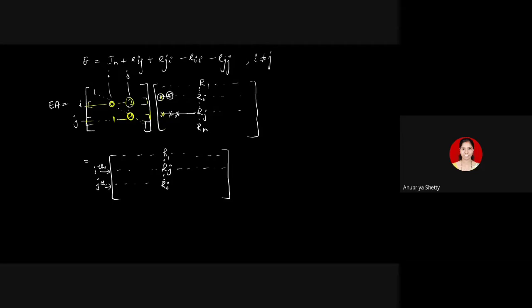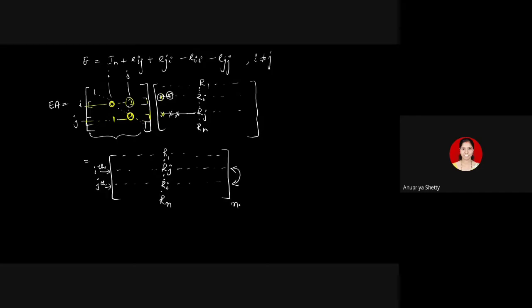And rest all the other rows will remain as they are, because if you look at any other row of the matrix E, it will have 1 present in its diagonal place. Okay? 1 present in the diagonal place. So if I take any other kth row here, it will have 1 in the kth place. So it gets multiplied with the entries from row k itself. So the same row k will appear there. The only change happening is here between these two.